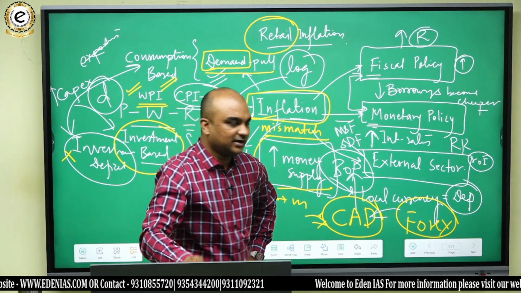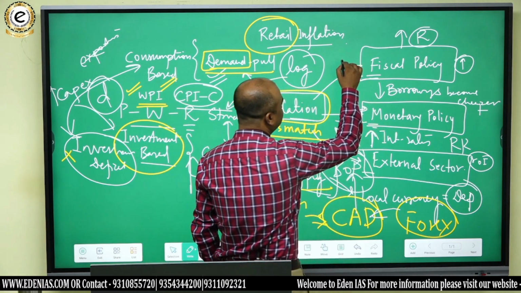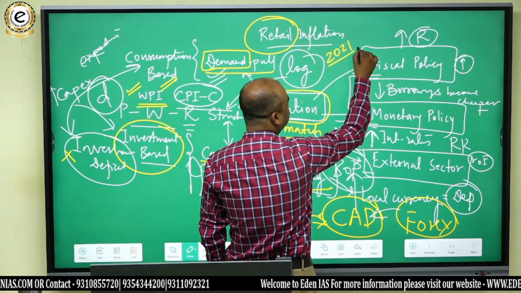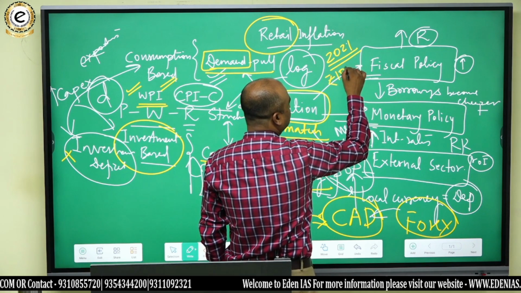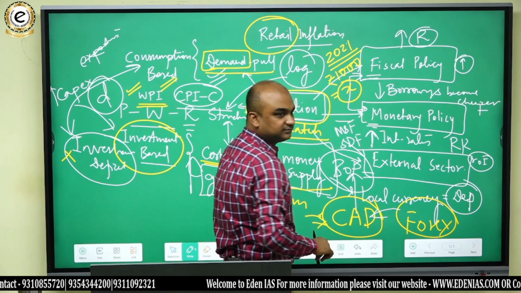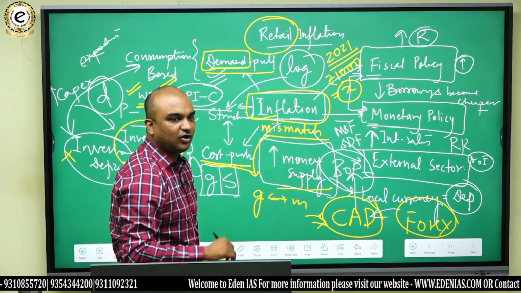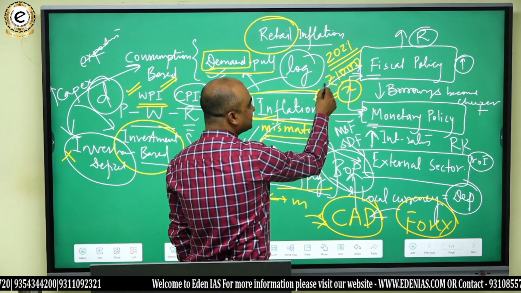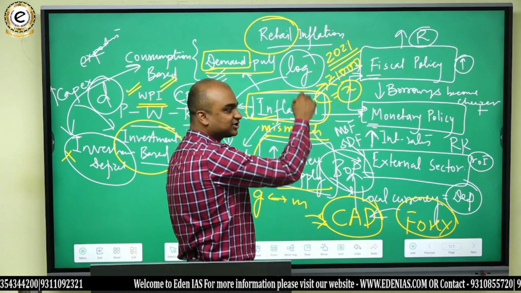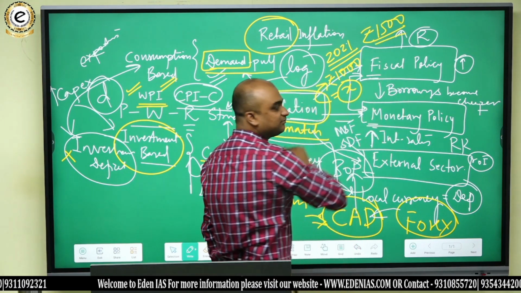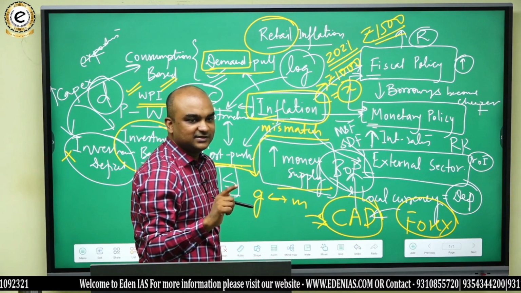Do you get it? Now, suppose in 2021, 1,000 rupees can get you a product X. Or suppose you are the seller. You sold the product X, and you got how much? 1,000 rupees. Now there is inflation. You get 1,500 rupees for the same product. Do you get it? There is a 50% inflation.